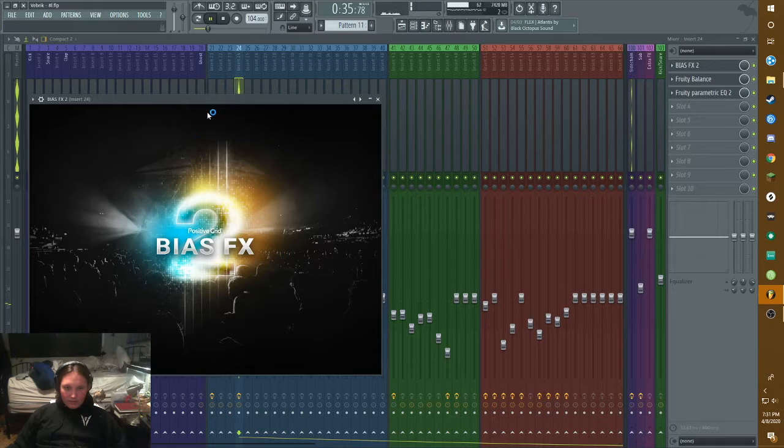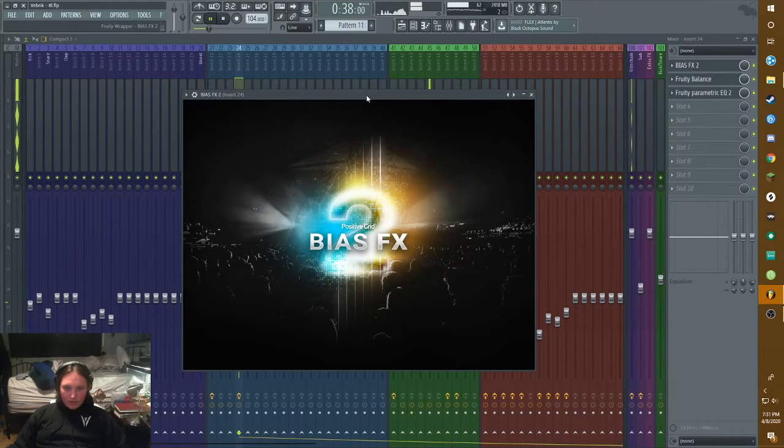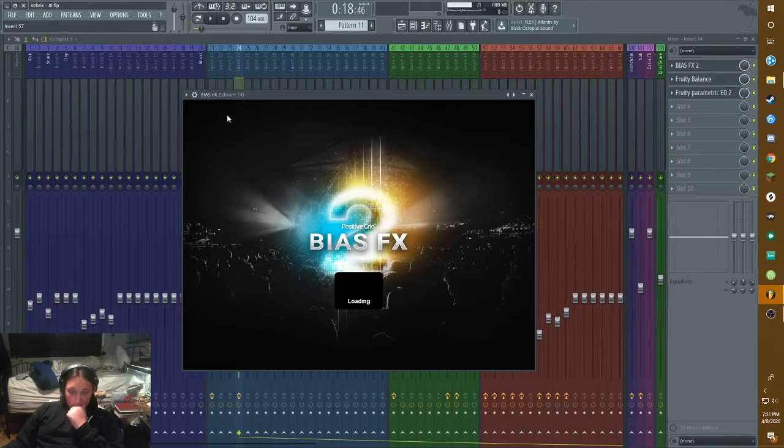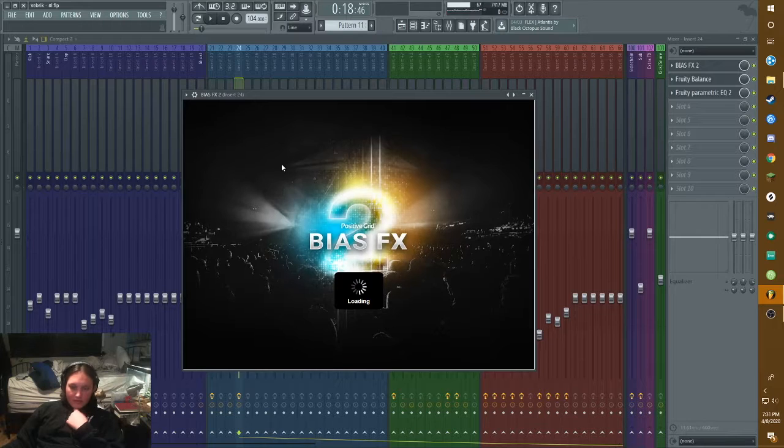The Bias effects is a recreation of Adam Jones' guitar tone.